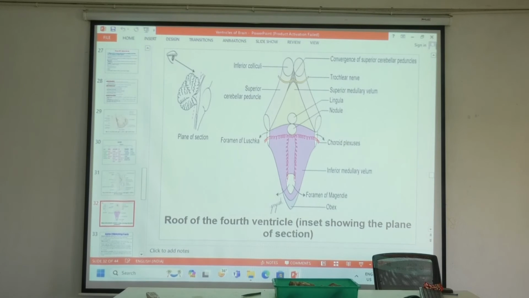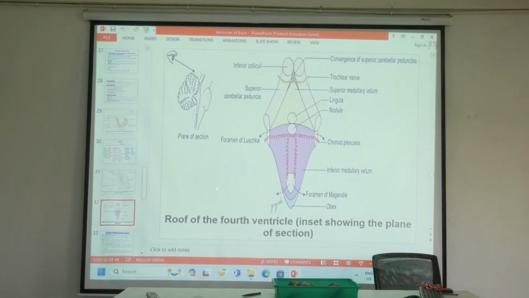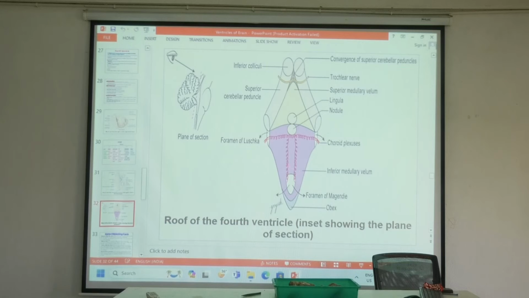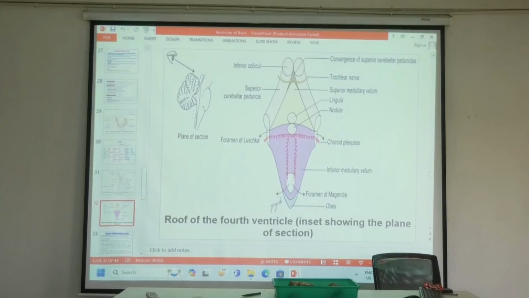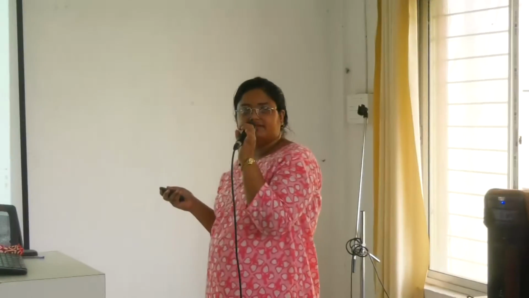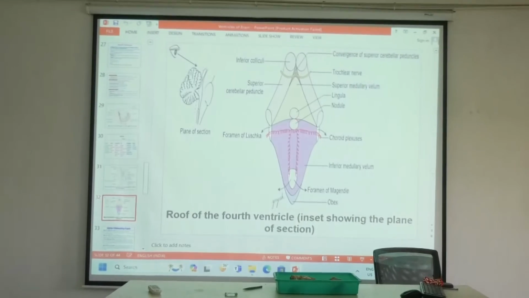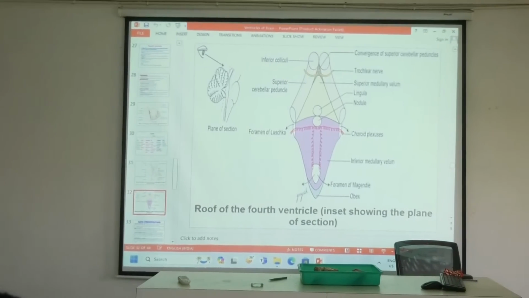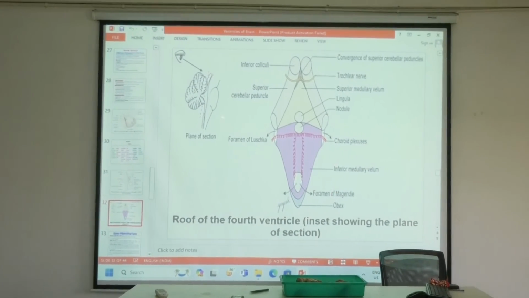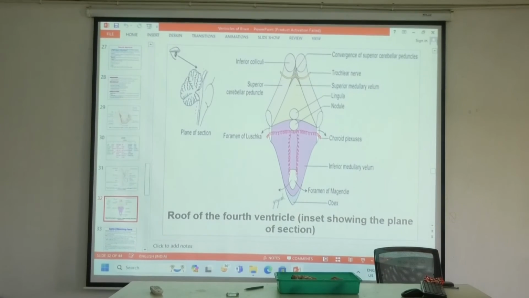And these are the three apertures you can see. The midline aperture is a single aperture, the foramen of Magendie. On the two sides, the foramen of Luschka. Lateral recesses are present on these two sides near the opening of the foramen of Luschka. And these are the superior cerebellar peduncles forming the superolateral boundary, and the inferolateral boundary is formed by the inferior cerebellar